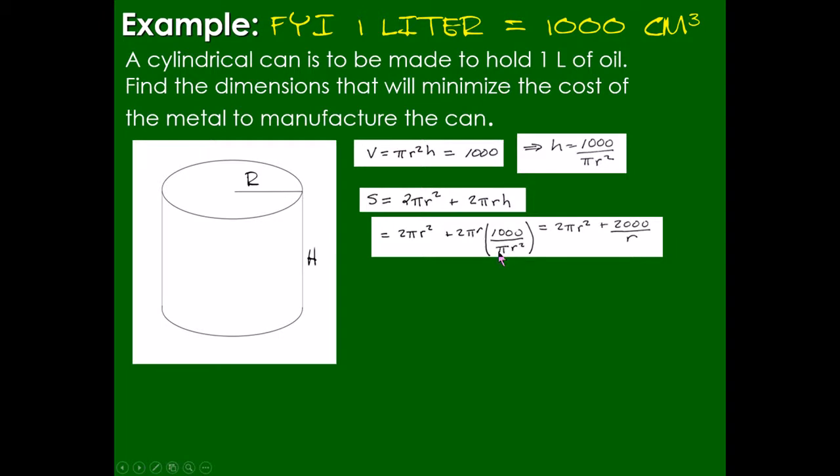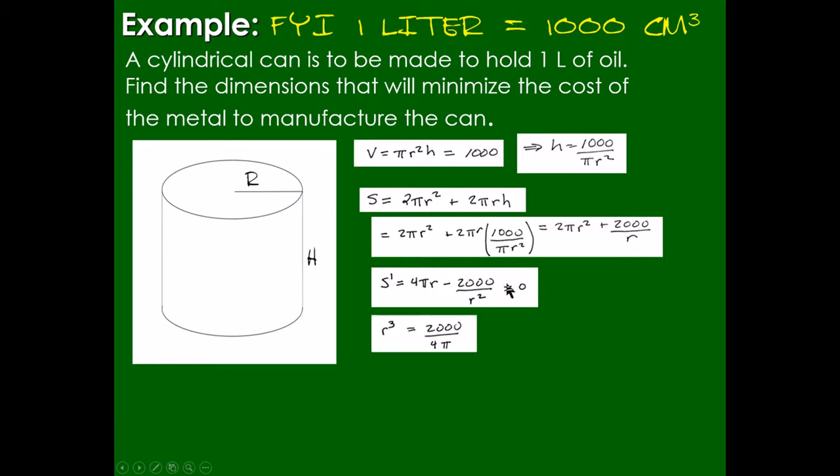Simplifying, let's see, my pi's cancel, one of my r's cancel. I still have 2 pi r squared from this first chunk, but the second chunk has simplified to 2,000 over r. Now I take the derivative of that. I get 4 pi r minus 2,000 over r squared equal 0. I'm going to bring this chunk over, solve for r. I'll get r cubed equals